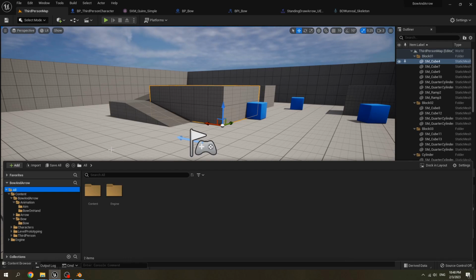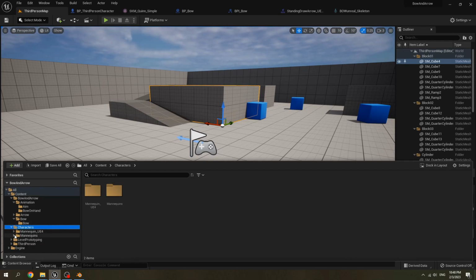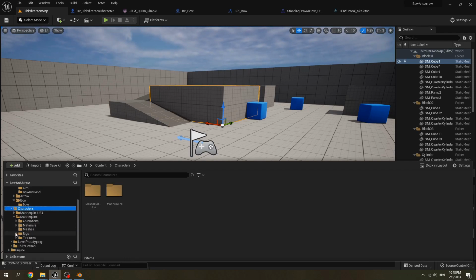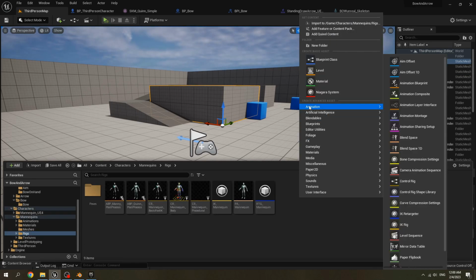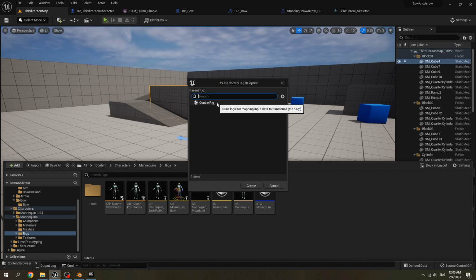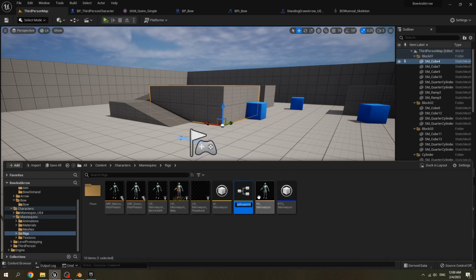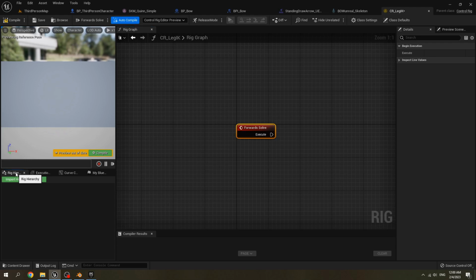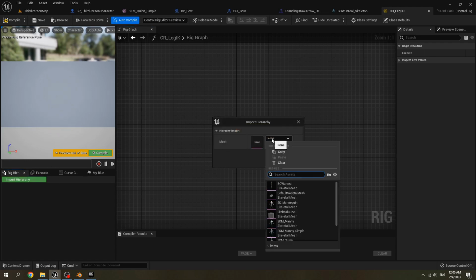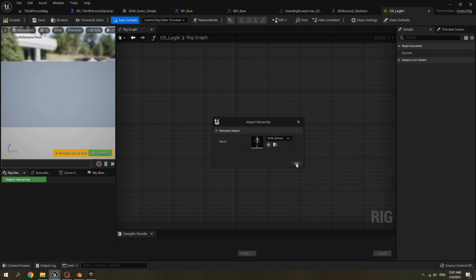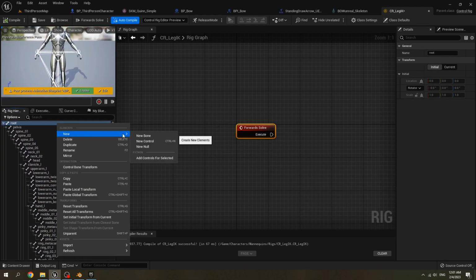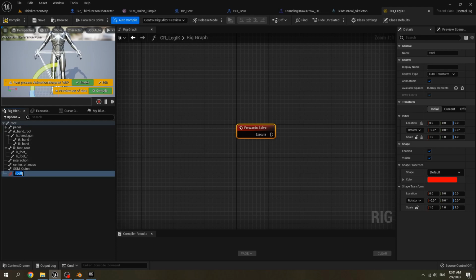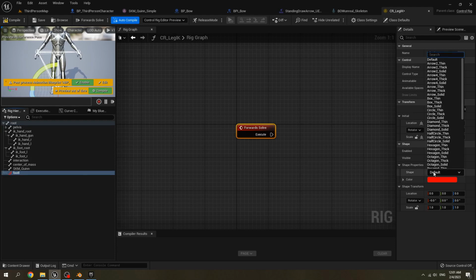We have to create a character control rig. Go to character file, open mannequin file, open rigs, create control rig, choose control rig, create, name it CR leg IK, open it, click on rig hierarchy, import hierarchy, choose SKM mannequin, OK, select root, create new control, name it foot L, choose the shape to box